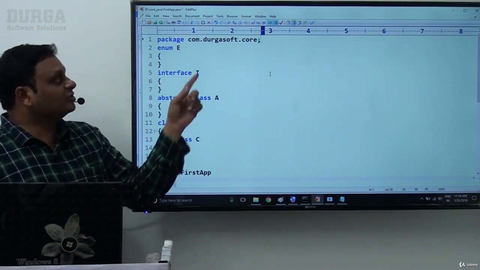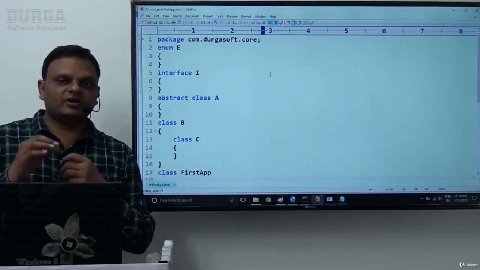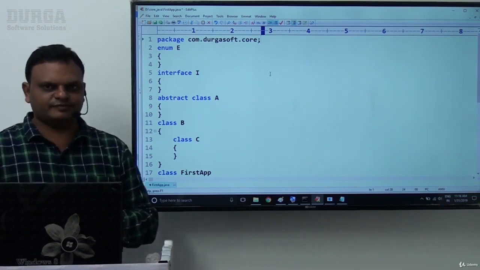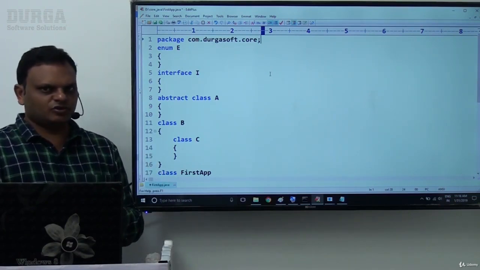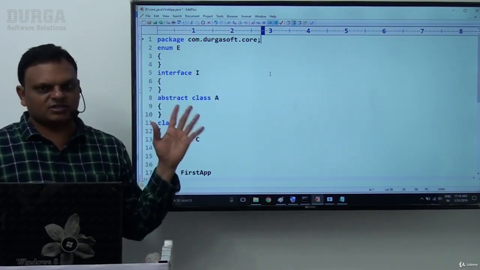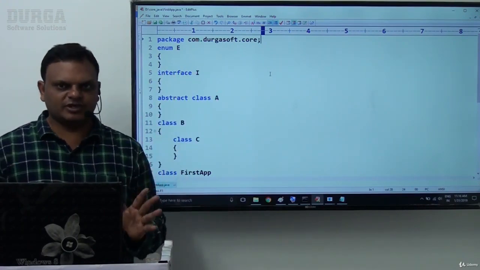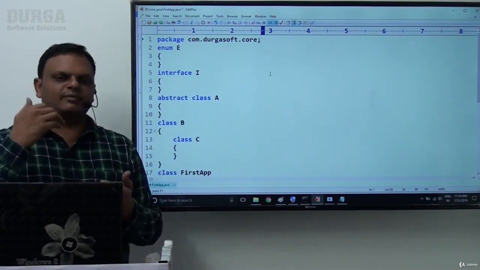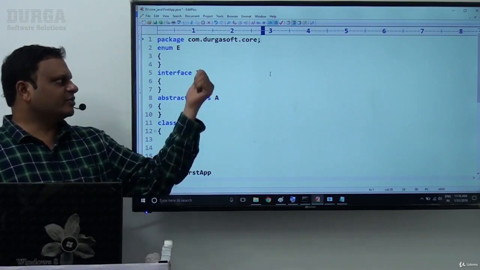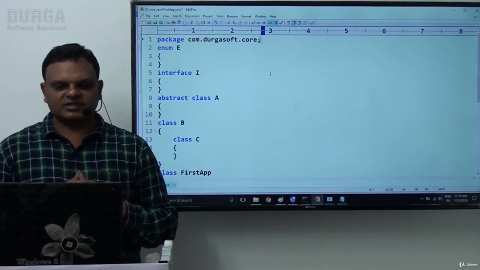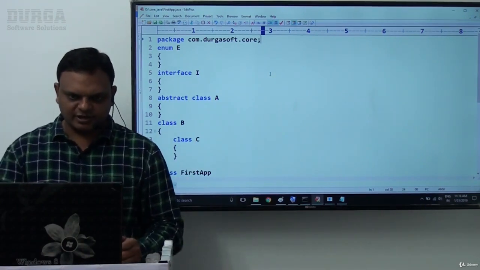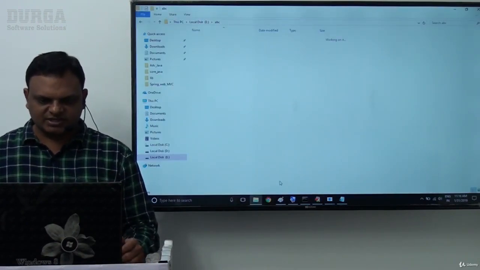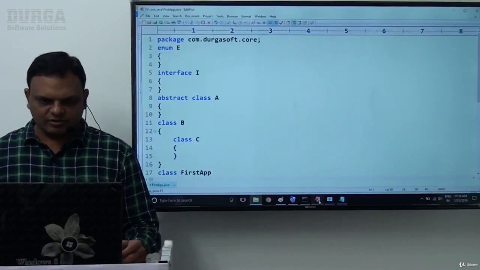But where do we want to keep this com folder? That com folder we have to specify at the target location if we specify it along with our -d option. That means to prepare the folder structure with respect to the package name also, we have to use the -d option. Along with this -d option, we specify the target location, and the compiler will prepare the folder structure with respect to the package name. So that is the requirement here. For that purpose, I provided the package statement. In my e:/abc, no content exists here. I deleted it already.